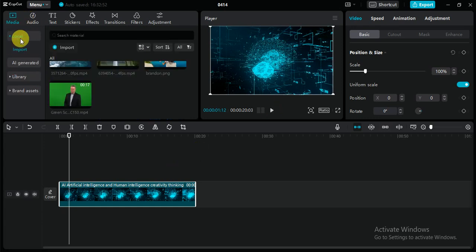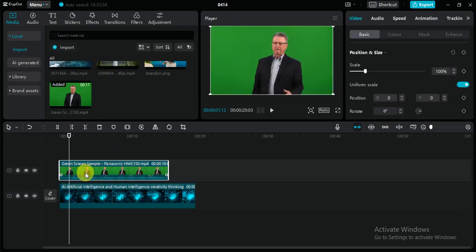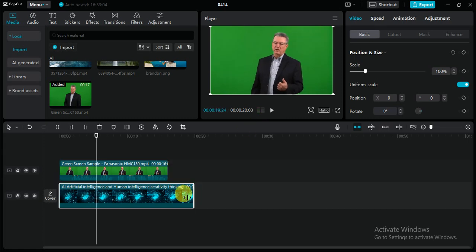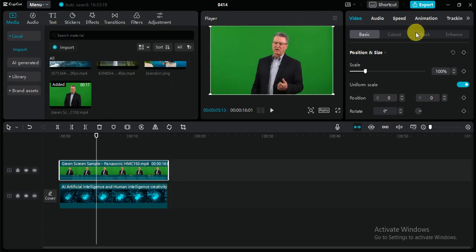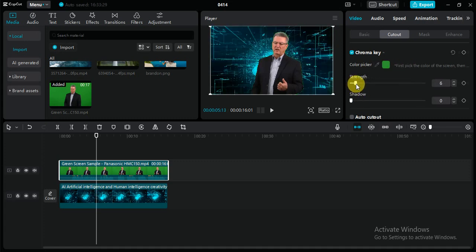Now I'm going to media, local, and place this green screen video here. And first of all, I show you the preview, and now we have to remove the green screen. So I click on this, click on cutout, chroma key, color picker, and pick the green color, and now increase the strength, and this way,